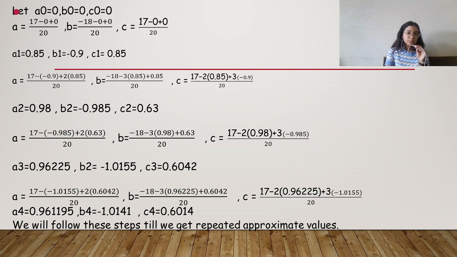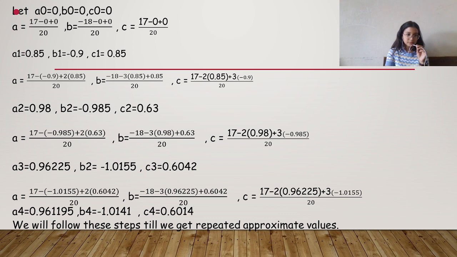And by putting a2, b2 and c2, a equals (17 minus 0.985 plus 2 times 0.65) upon 20. b equals (minus 18 minus 3 times 0.98 plus 0.63) upon 20. c equals (17 minus 2 times 0.98 plus 3 times minus 0.985) upon 20. a3 equals 0.96225, b3 equals minus 1.0155 and c3 equals